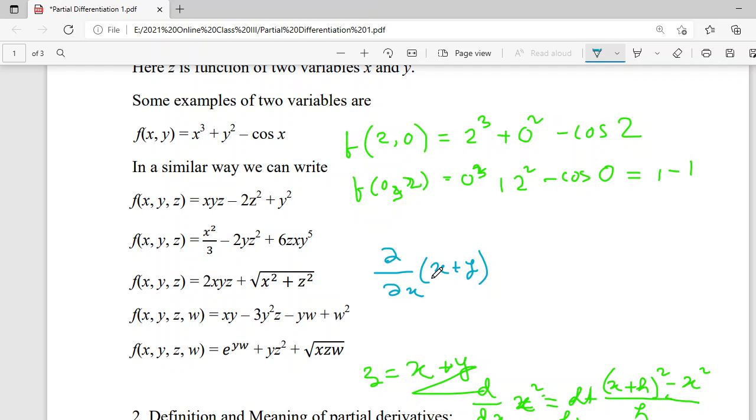We give increment to x only, not y, and this will be equal to the limit